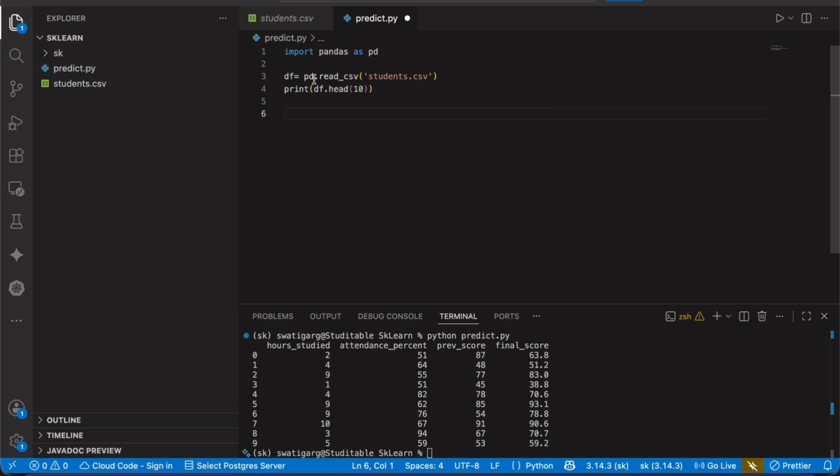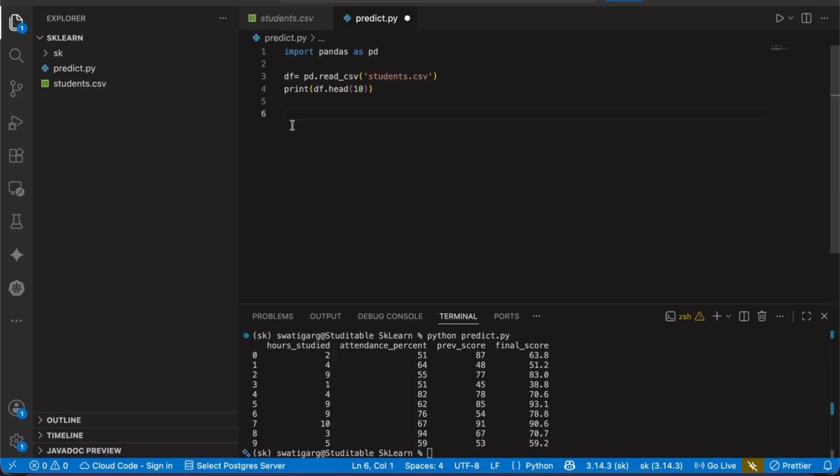Here we have used pandas functionality. We have already covered pandas in our previous videos. You can check that video out. I'll drop the link in the description to understand about pandas. So now we'll be creating two variables here, X and y. In X, we'll be saving the hours studied, attendance percent, and the previous score values. And in y, we'll be saving the final score. So the model will be trained on the values of X, and it has to predict the final score on new data.